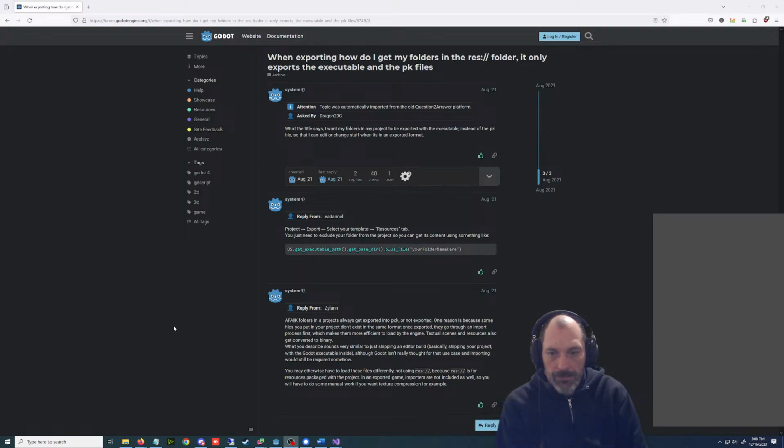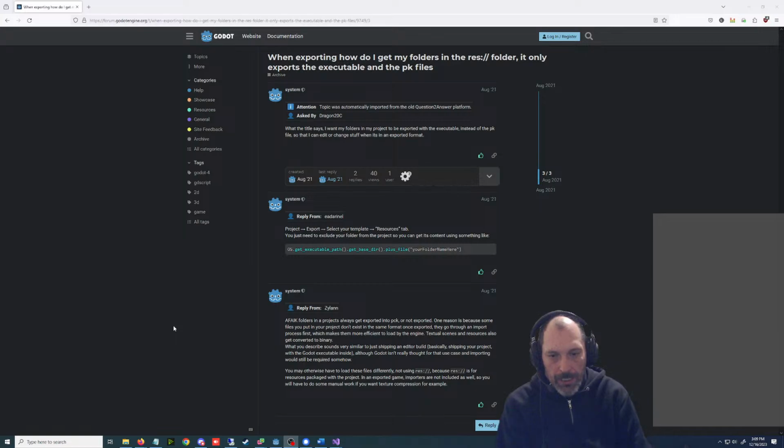What does this say? Project, export, select template, resources tab. You need to exclude your folder from the project so you get its contents using something like this. When exporting, how do I get my folders in the res folder? It only exports the executable and the PCK files. You just need to exclude your folder from the project so you can get its contents using exclude.